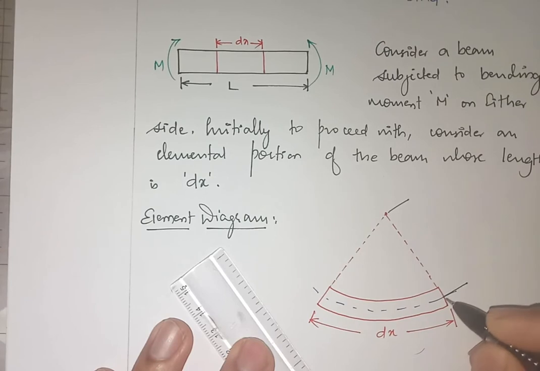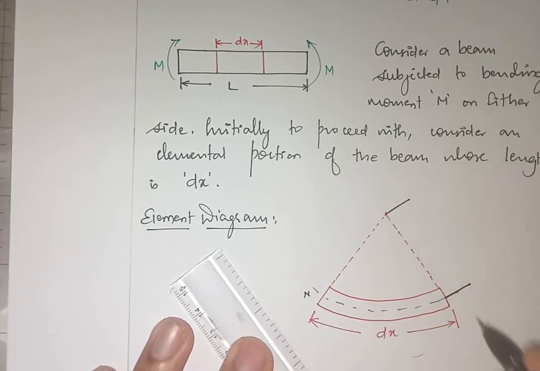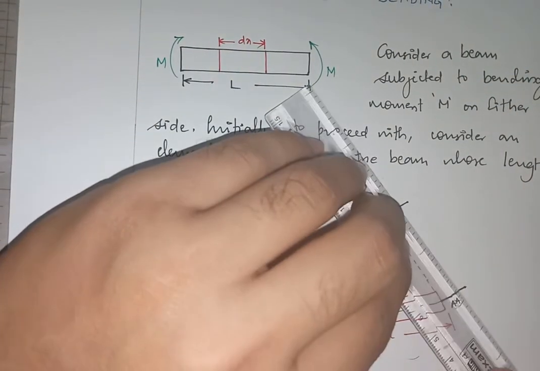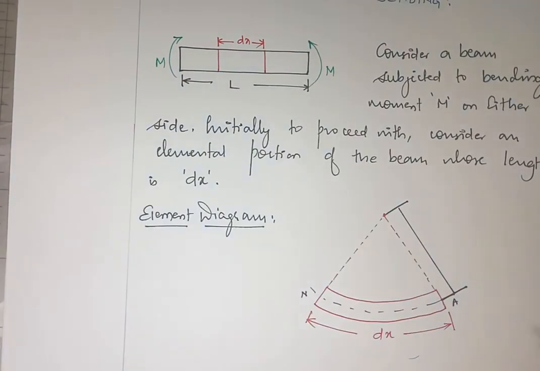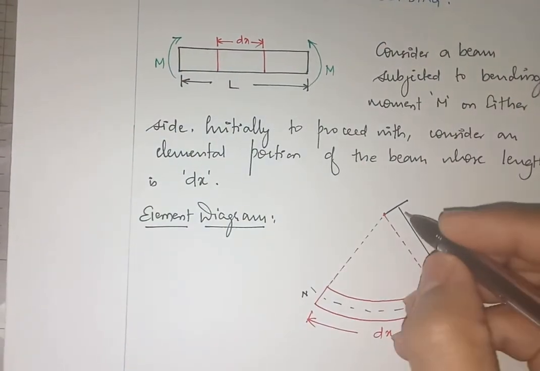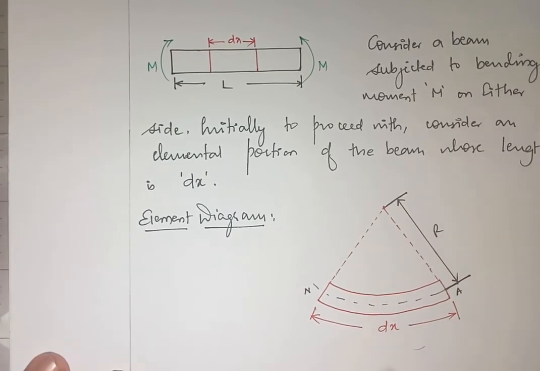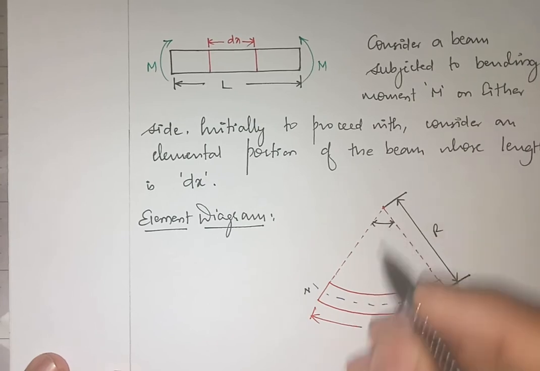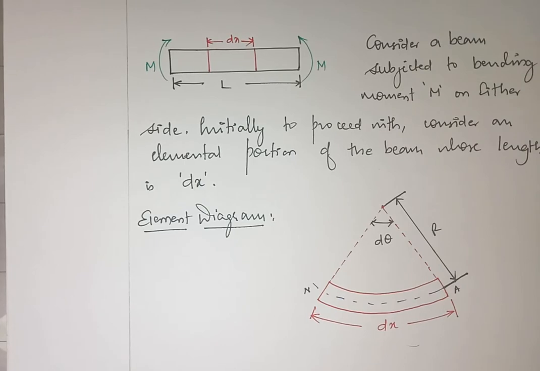This is nothing but the neutral axis. Let's write here, it is the neutral axis. So this distance here, we already studied that, so I'm just repeating this. This distance is r, and this distance is dx, and here this angle I'll take as d theta. Right, now